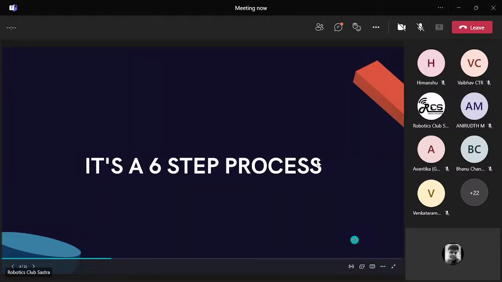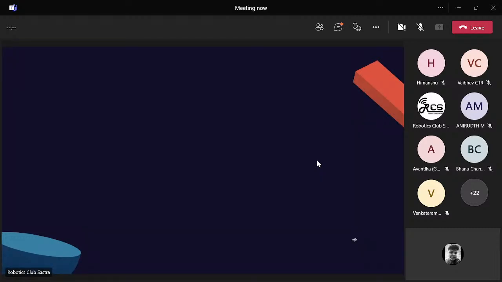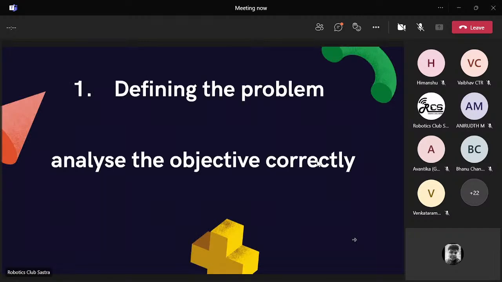Now we have a lot of sensor suggestions here: IR sensor, PIR, piezoelectric sensors, and microcontrollers. A lot of things are here. See, now let us analyze the situation first. Let us go for the first one. The first one is defining the problem, which is analyzing the objective correctly. So currently our objective is that the table fan has to follow the person who is moving in the